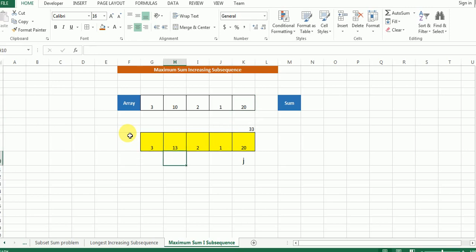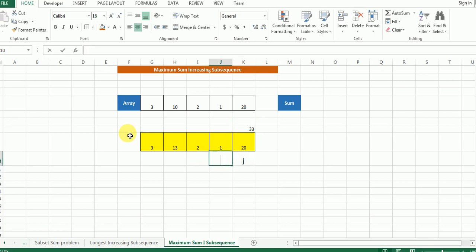I'm sorry that I forgot to move the runner one step ahead. So now the runner moves one step ahead. So the runner is now at 2. Now, is this 2 less than this 20? Yes, the 2 is less than 20. So this value will be added to this value. So now the sum is going to come out as 22. Now since this 22 is less than 33, it is of no significance and hence it gets omitted.